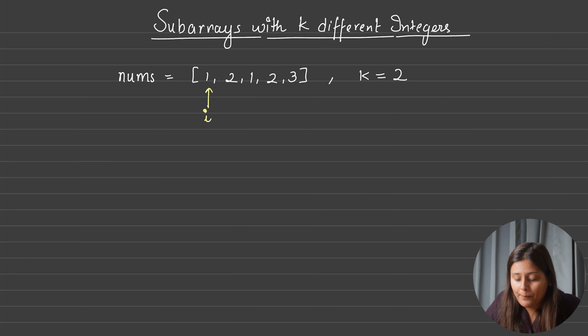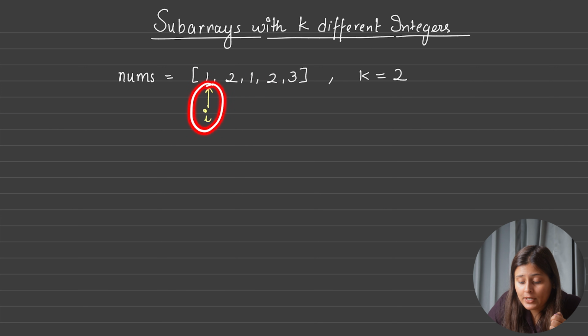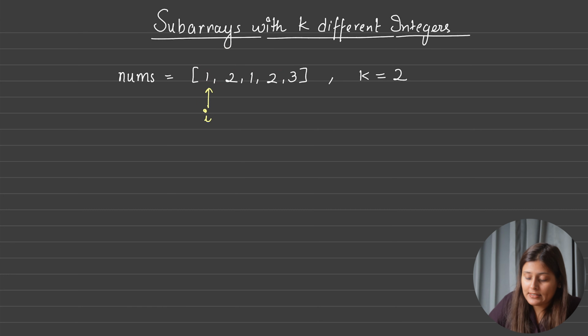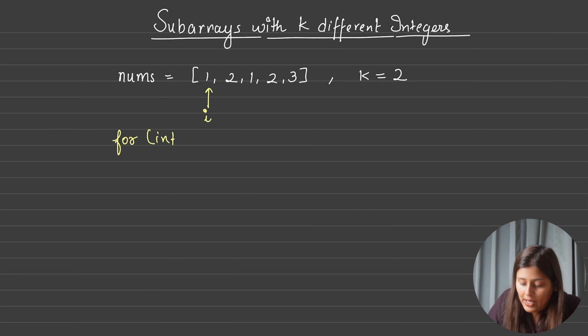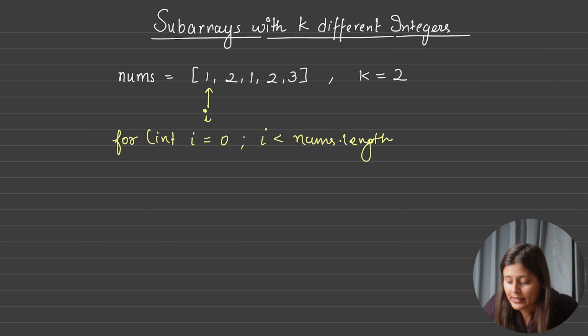So in the brute force approach, we will start from this and we want to see every element in the subarray. If it is valid, we will count it. Meaning for index i, we want our j index to run until the condition fails, correct? So for the i index, I will start from 0 and it will go till, of course, nums.length, because we want every subarray to be calculated from every index.